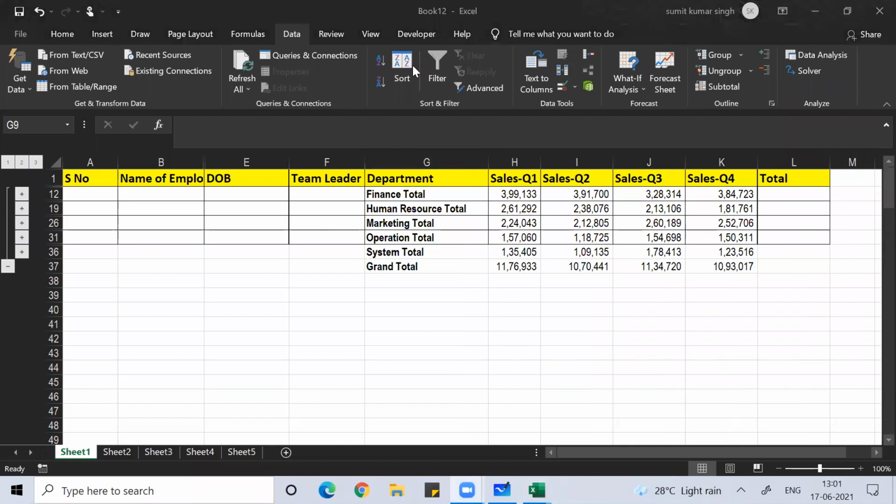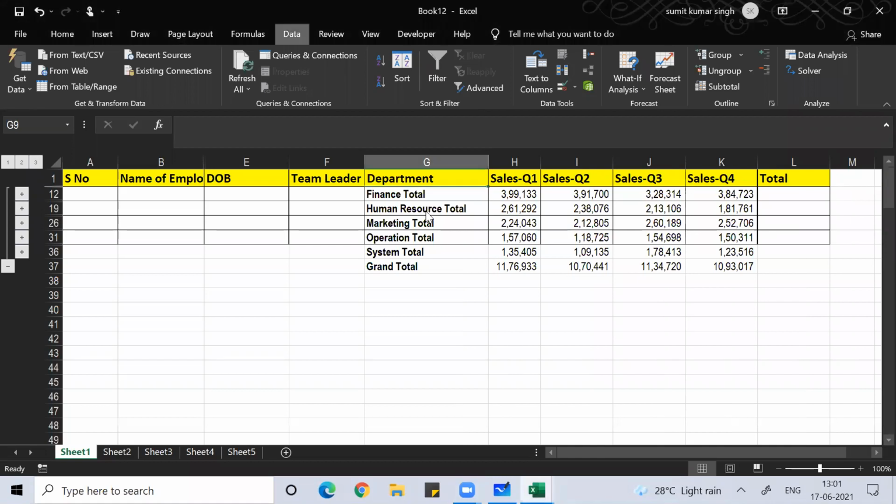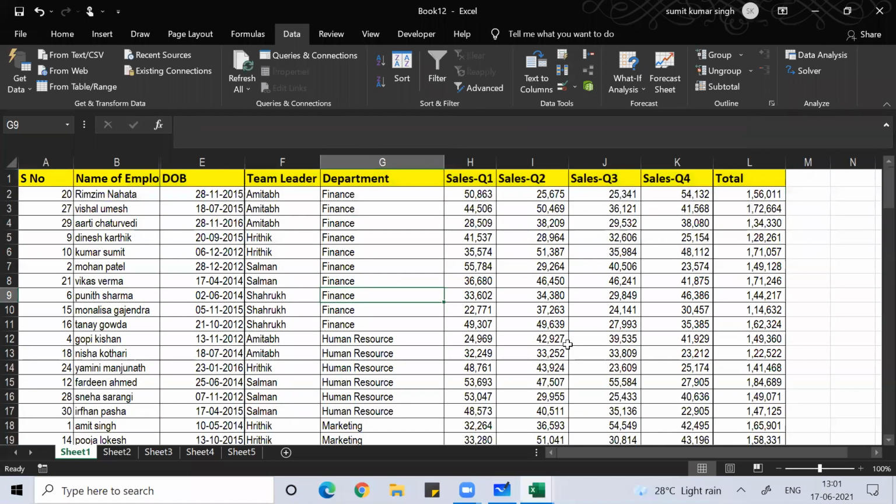Now this is the outcome you get. I want each department, and under each department I want team leader wise. I want the department wise subtotal, and then under each department team leader wise, so that I don't have to use SUMIFS, COUNTIFS and all that again and again.